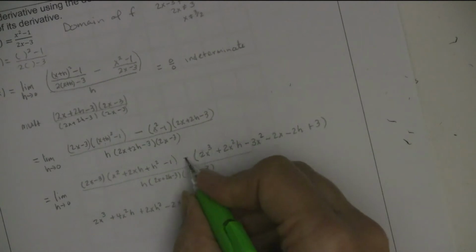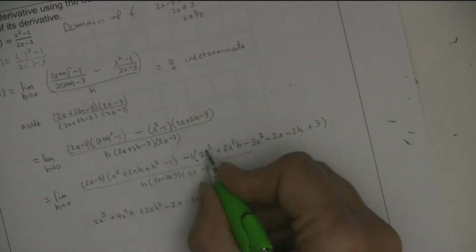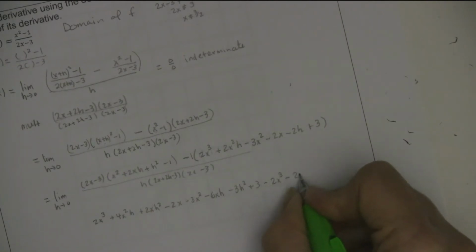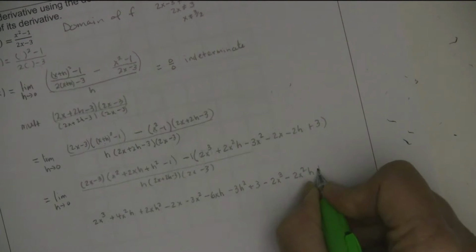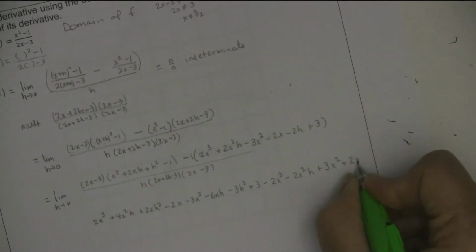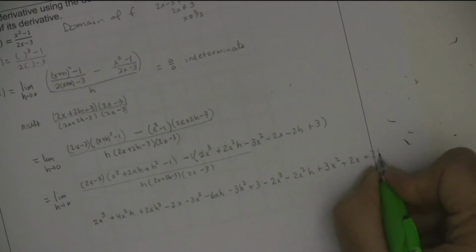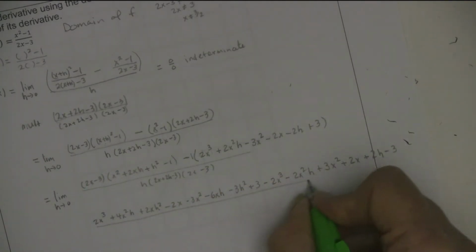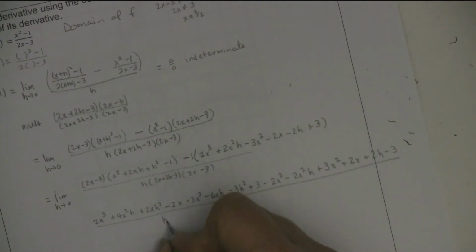So now I can distribute, right, like I distributed times negative 1 there. Minus 2x to the third minus 2x squared h plus 3x squared plus 2x plus 2h minus 3, all divided by